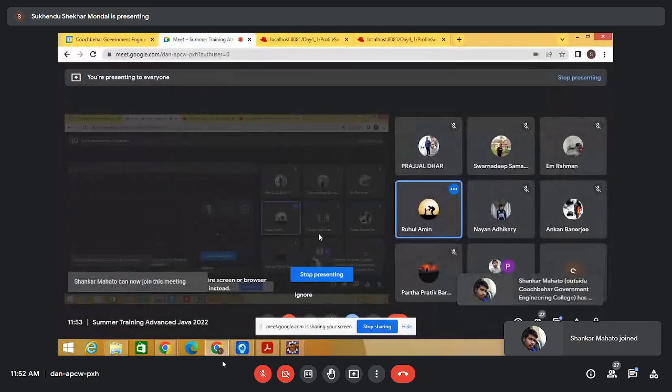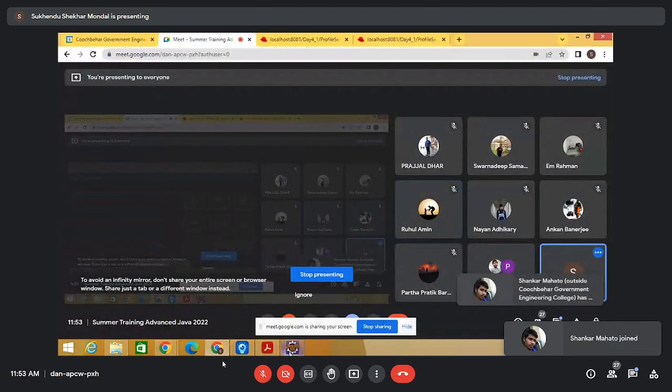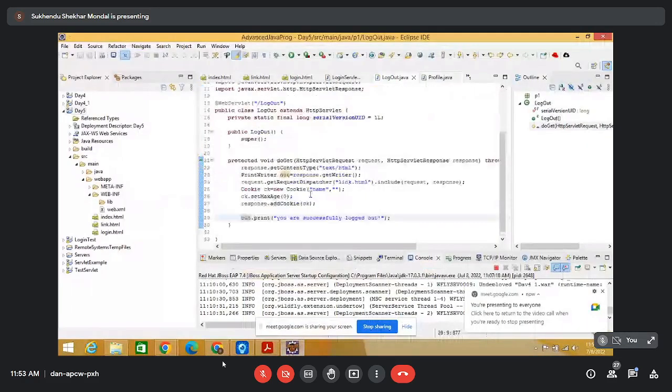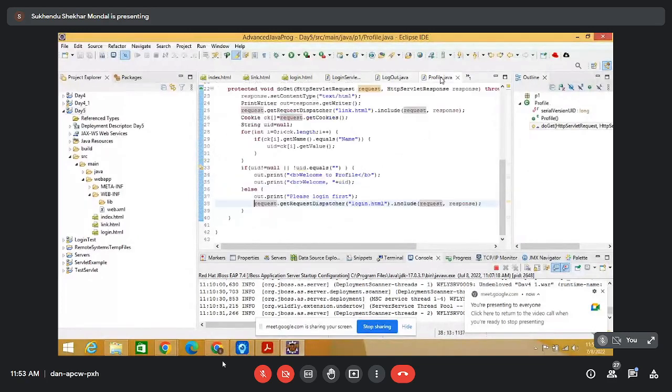ওকে, বুঝেছো তো কীভাবে লগ আউট হচ্ছে? লগ আউটে এই জায়গাটা মনে রাখতে হবে: প্রথমে যে নামে তুমি কুকি ইউজার আইডি দিয়ে পপুলেট করছিলে, সেটাকে নাল করে দিতে হবে বা এরকম ডবল কোট দিতে হবে, আর সেট ম্যাক্স এজ 0 করে দিতে হবে এক্সপায়ার করার জন্য, এবং সেটাকে অ্যাড করে দিতে হবে। তাহলে ওই নাম দিয়ে যে কুকিটা ছিল সেটা ওভাররাইড হয়ে যাবে। ওকে, এটা হচ্ছে আমাদের লগ আউট। আর দ্যাট ইজ প্রোফাইল।